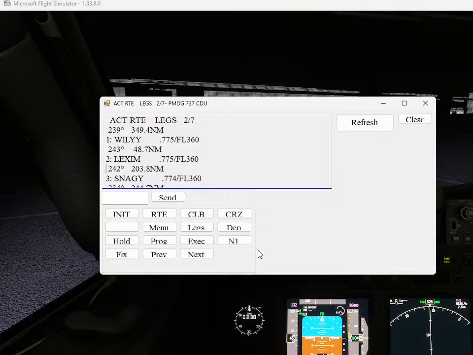202 Lex 1.77 242 degrees 2 3 Snakey 0.77 at RTE Lex 2 slash 7 automatic announcements disabled. Automatic announcements enabled. At RTE Lex 2 slash 7 239 degrees 3 1 WILY.775